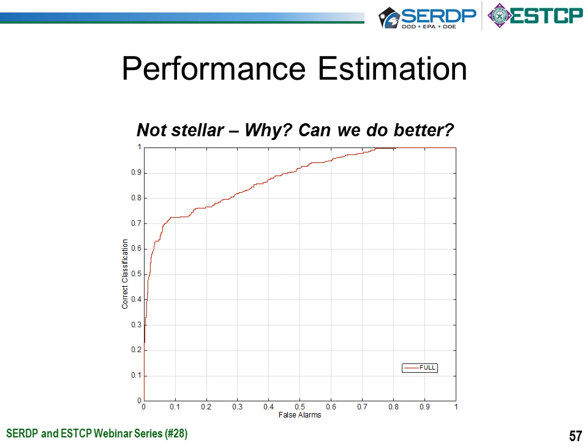And so here's our ROC curve that we get after doing this. What you notice is it's not necessarily stellar. It's not the best performance, correct? So our question was, why? Can we do better? The first place we looked was to go in and say, okay, hold on. What are these relevant vectors? Where do they come from? What do they correspond to in the actual acoustic response of these objects?